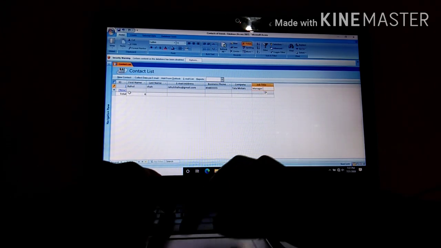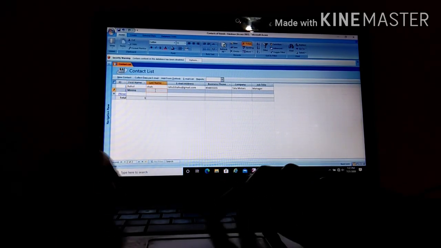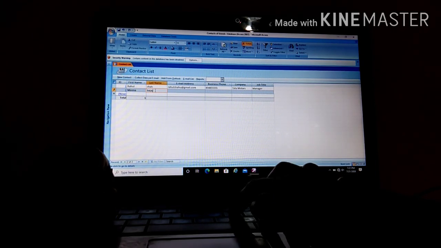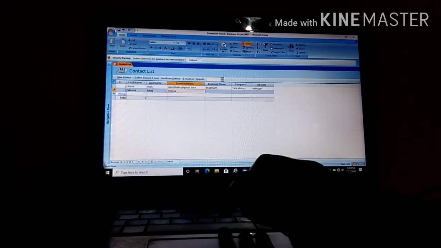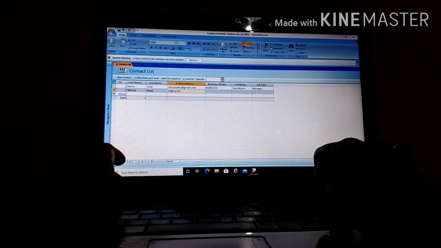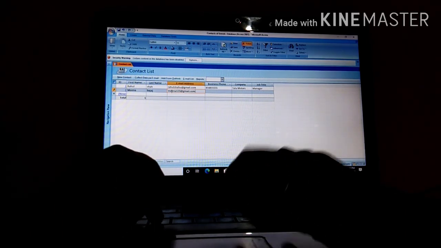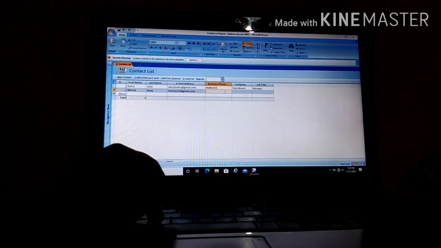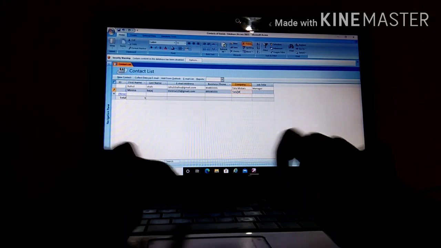Okay, then the next one, Meena Bajaj. This is all just fake information to show you that like this you can enter whatever information you want.